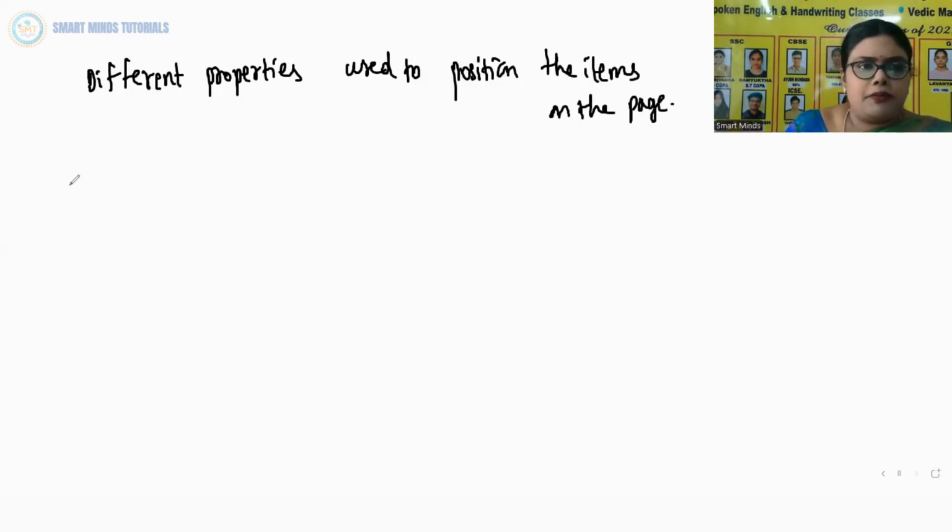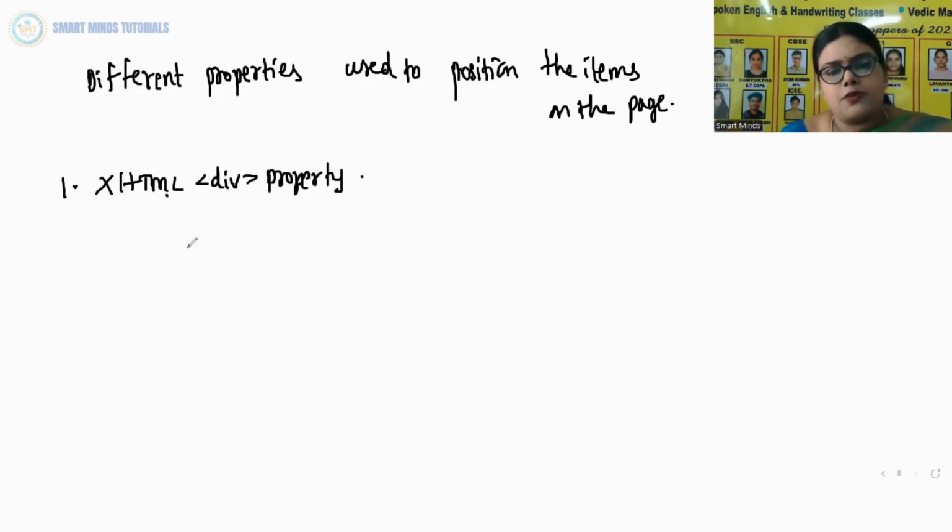What are the different properties? Number one is the XHTML div property. What is this property? It is used to group the items of the XHTML pages into chunks or blocks.